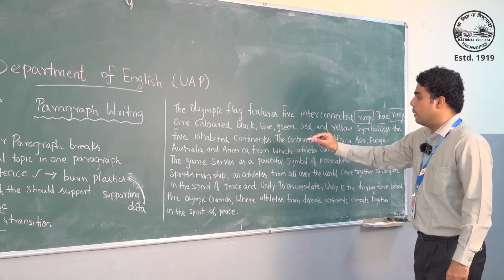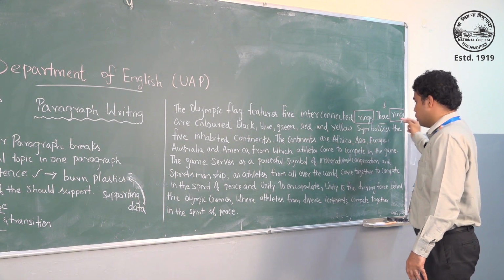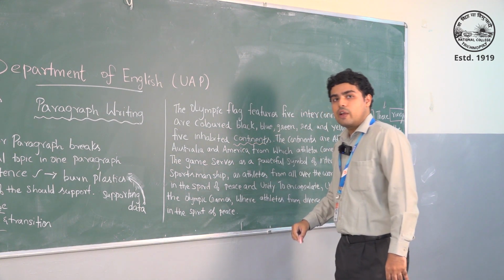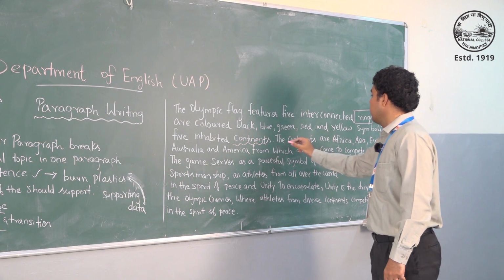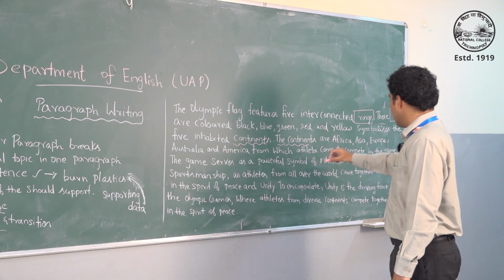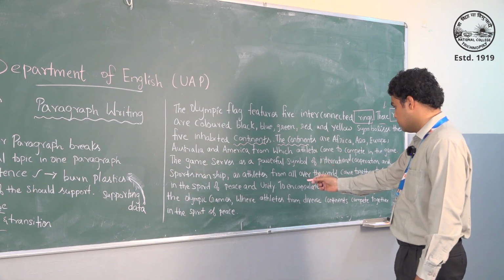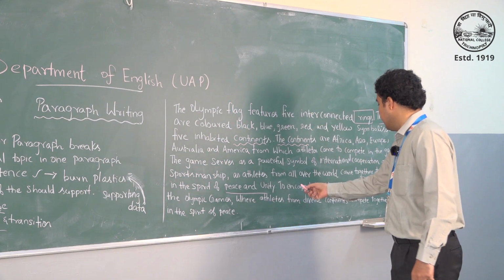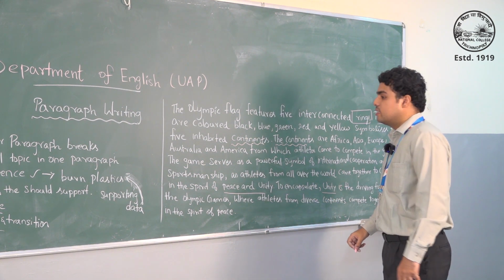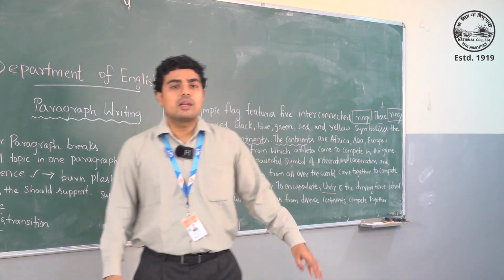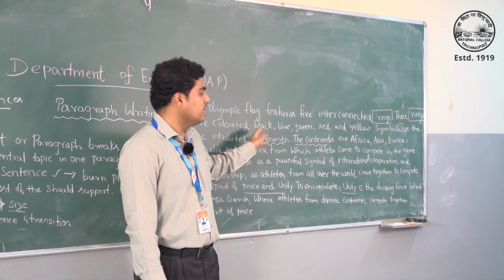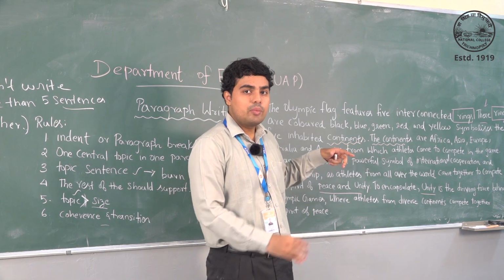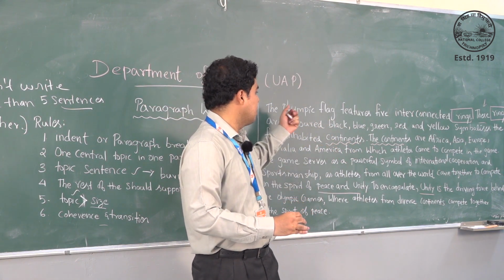These rings are colored black, blue, green, red, yellow, and where does it end? Yes, it ends with the word continent. So, what you have to do is start the third line with continents. The continents are Africa, and so on. Where does it end? Yes, it ends with the idea of peace and unity. So, we have to start the next line with unity. This is called transition. The goal of writing like this is to make sure that your readers are not rereading the same line twice. And if your readers are rereading the same line twice, it means you have actually failed as a writer.